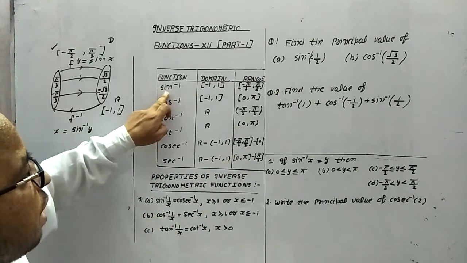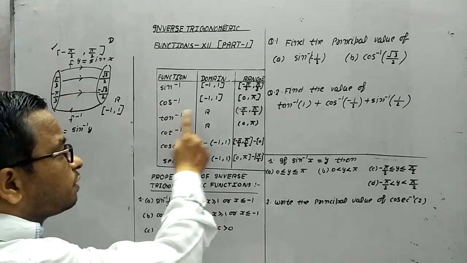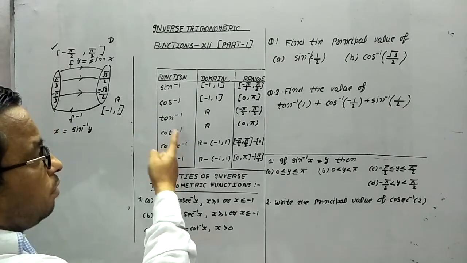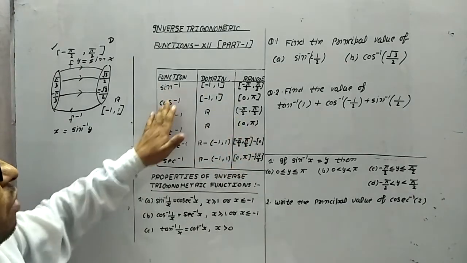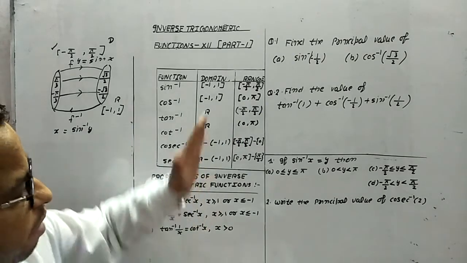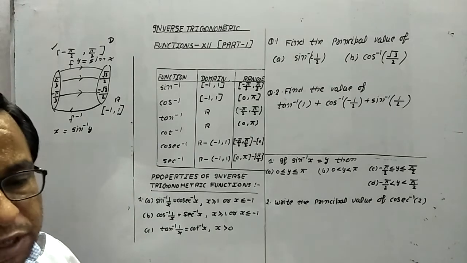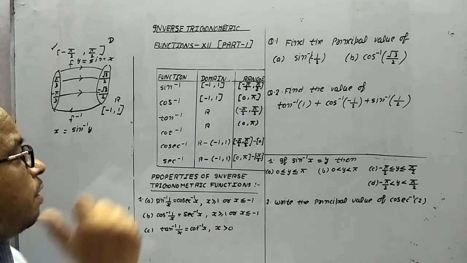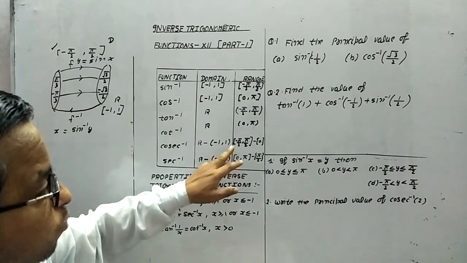Now look at this thing, sine inverse range -π/2 to π/2 close bracket. On the other hand tan inverse range is -π/2 to π/2 open bracket. Cot inverse range is open bracket 0 to pi and cos inverse range is close bracket 0 to pi. So see, it will be easy: sine inverse close bracket -π/2 to π/2, tan inverse open bracket -π/2 to π/2, cos inverse close bracket 0 to pi, cot inverse open bracket 0 to pi, cosec inverse close bracket